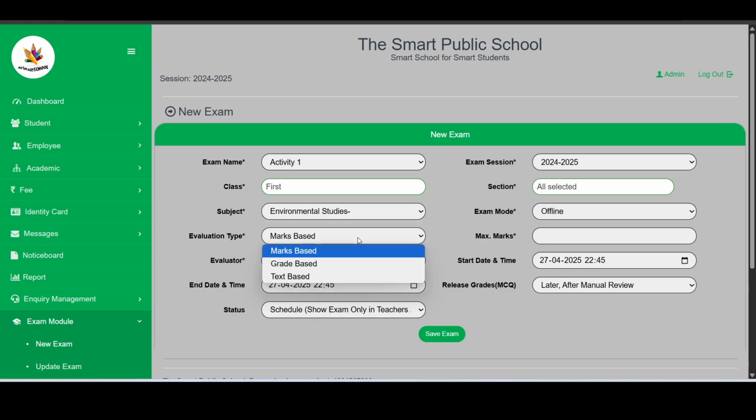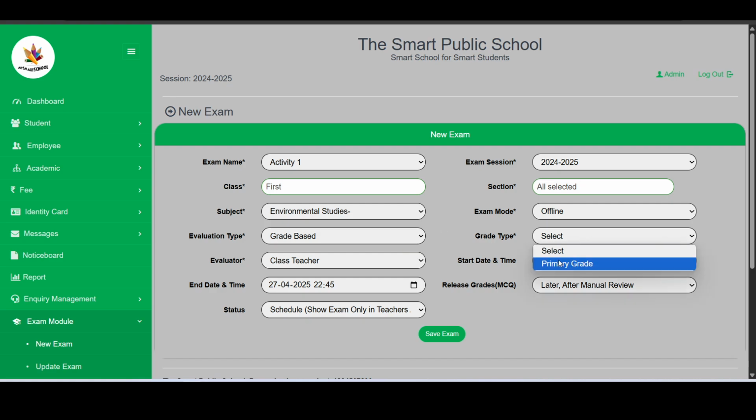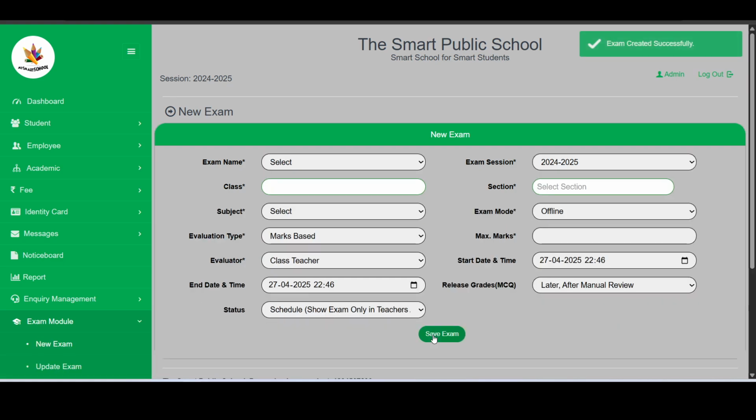Then here you need to choose grade base. Here is the primary grade we recently created. Only locked grades are shown here. All other things remain the same, and I have just saved it.